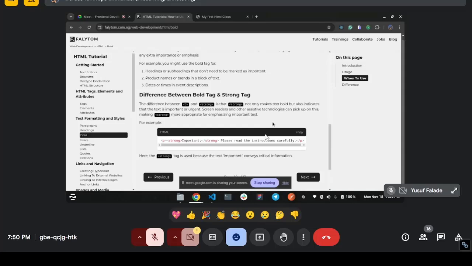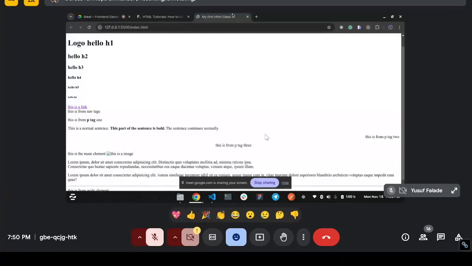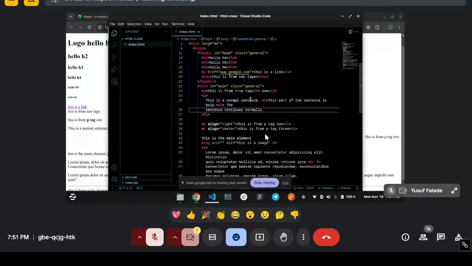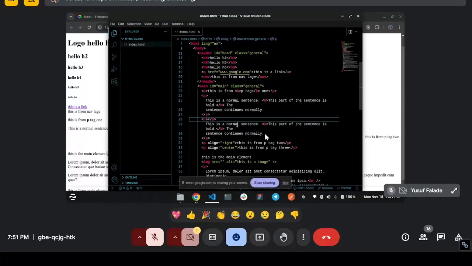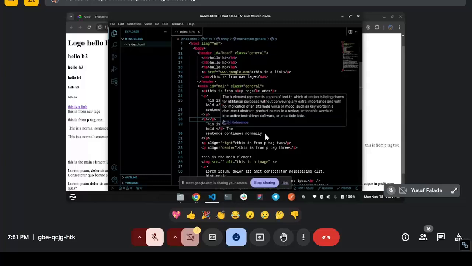So one thing is, bold just makes the particular text bold but does not make any emphasis. It is just for visual purposes alone. When a screen reader is reading through it, it might not actually know that that thing is important and will just read through it. But when you use strong, let us see, that means you're even telling the browser that this particular text is way more important